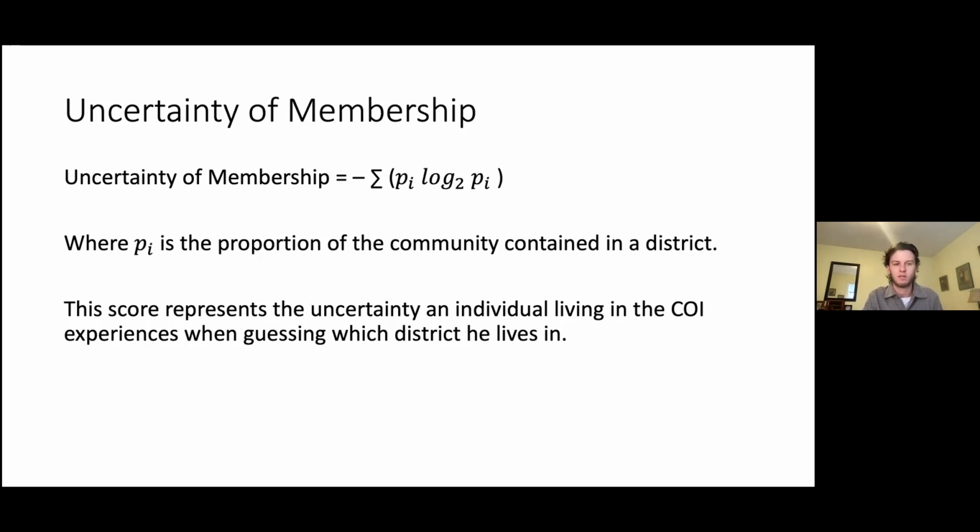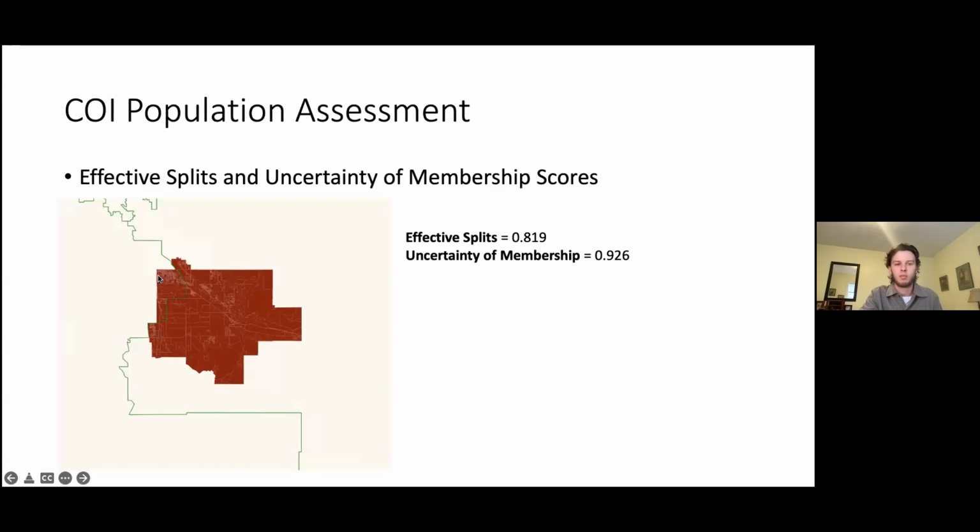You still have this PI, which is the proportion of the community contained in a district. And it's just sort of a reframing of a similar idea. And so this score represents the uncertainty that an individual in the COI might experience when they're guessing what district they've been placed in. So in my example in Arizona, if my community were all around Tucson here and about 33%